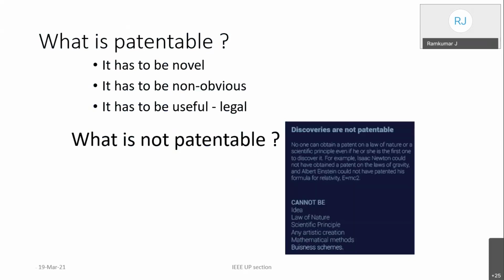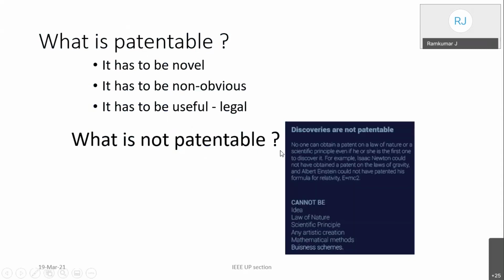So the screwdriver is known, light is known, the bulb is known. So the product is novel and it has to be non-obvious for a person who regularly uses it. For example, a person who uses a bulb or torchlight will know the bulb, a person who uses a screwdriver will know the function of a screwdriver. So it is non-obvious and then it has to be useful. So this was a simple example, and once you have all the 3 points fulfilled, you will have a patent.